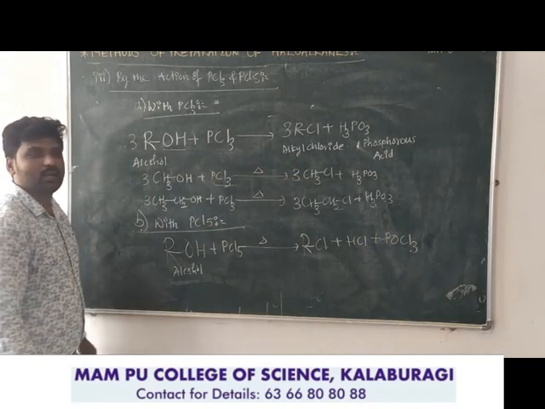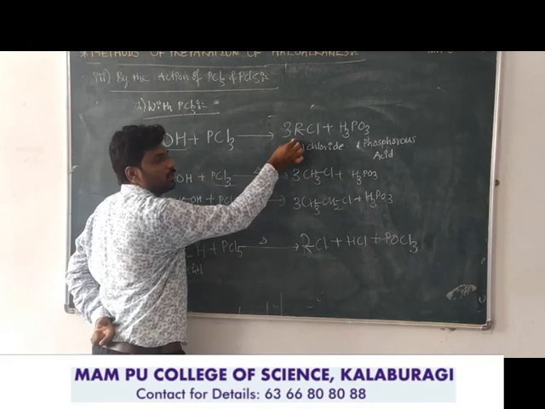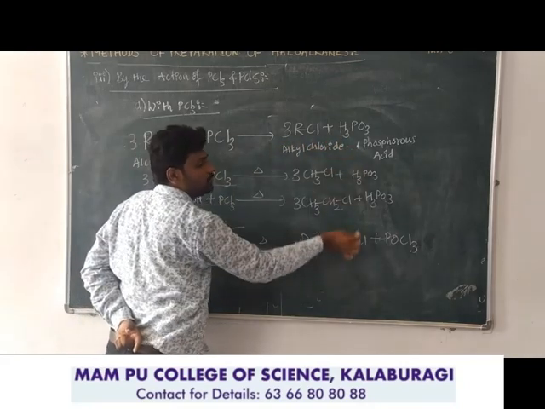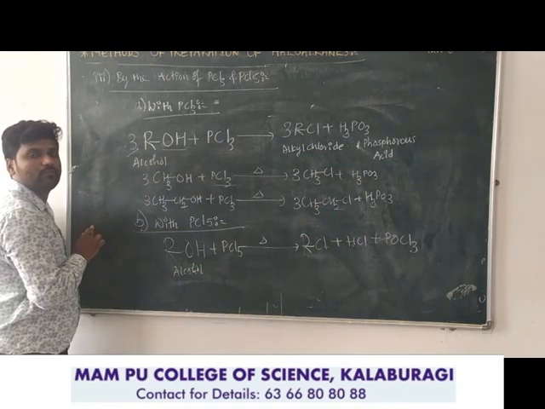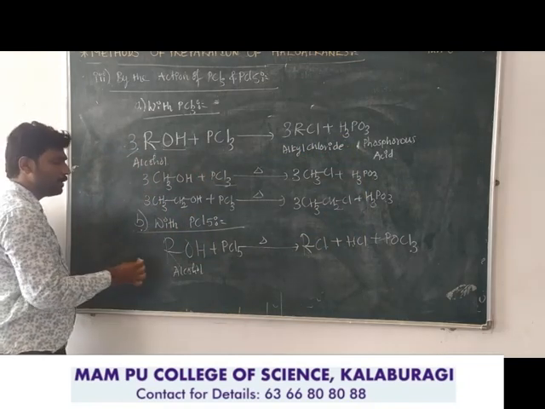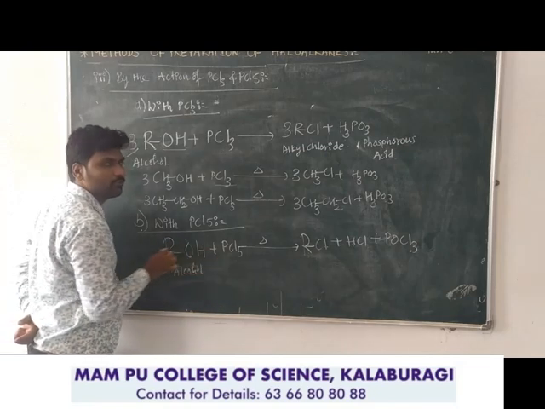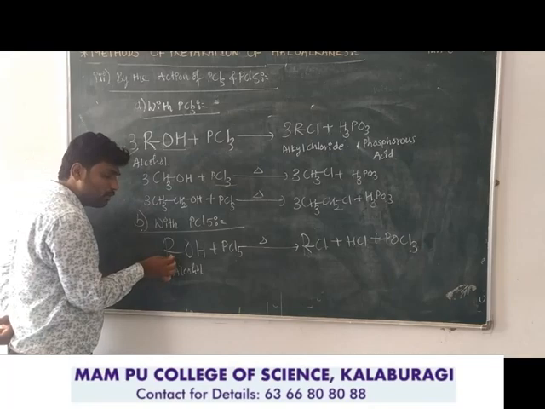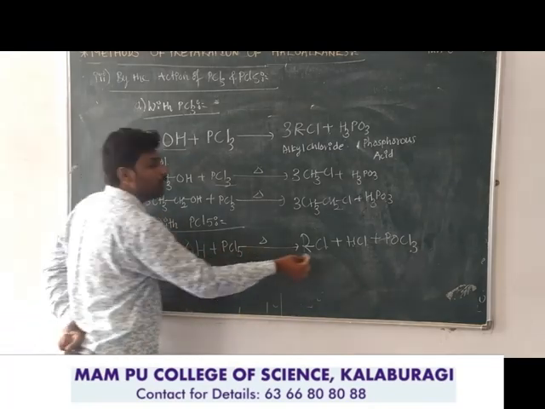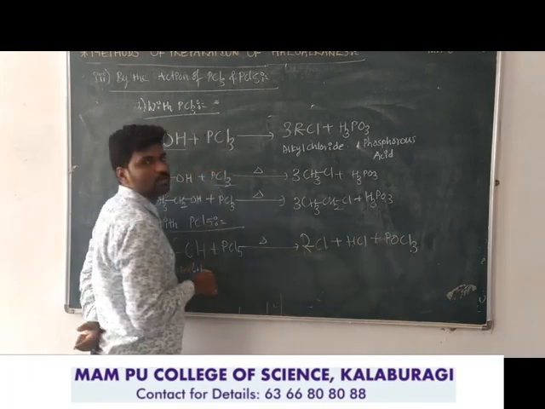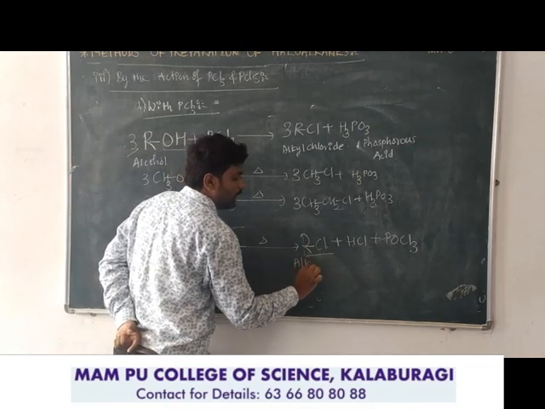So see here, I am getting again alkyl chloride, here also alkyl chloride. Only thing is byproducts are changed, because naturally it consumes 3 moles of alcohol to react with 1 mole of phosphorus trichloride. But here there is no such requirement, 1 mole of alcohol reacts with the phosphorus pentachloride. Here 1 mole of alcohol is substituted by one chlorine atom and the remaining products are byproducts of HCl and phosphoryl chloride. The major product is alkyl chloride.